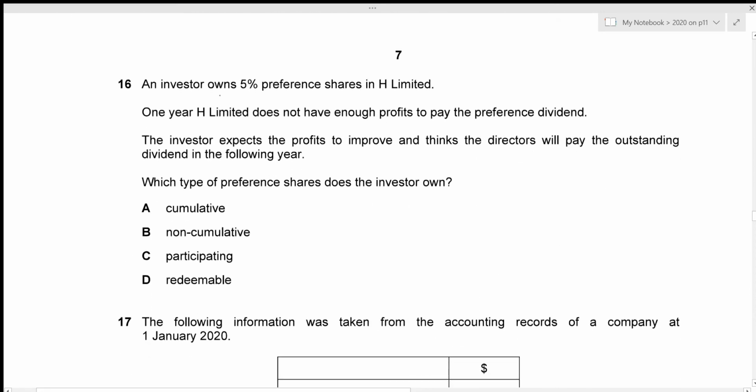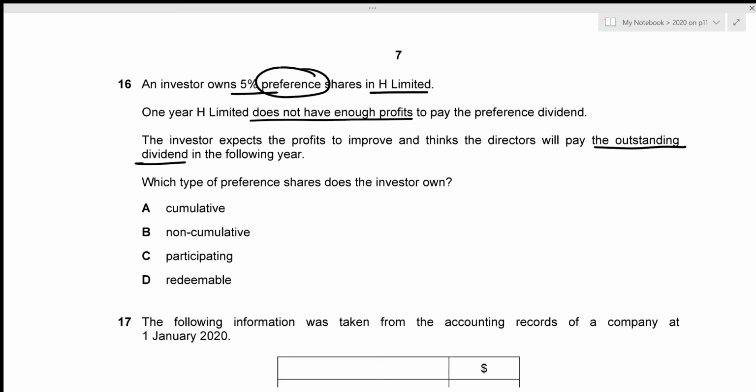An investor owns 5% preference shares in H Limited. One year, H Limited does not have enough profits to pay the preference dividend. Then the investor expects the profits to improve and thinks the directors will pay the outstanding dividend in the following year. This just means that the investor is our preference shareholder, right? And one year he did not get any of the dividends. So he expects that the profit will improve next year, and the company H Limited will provide the dividends for the next year